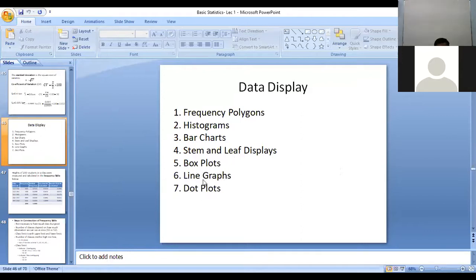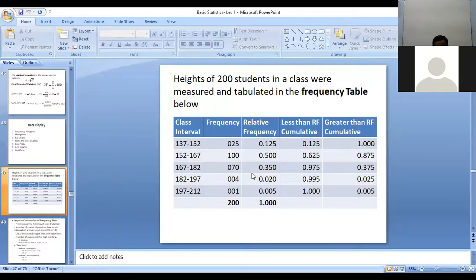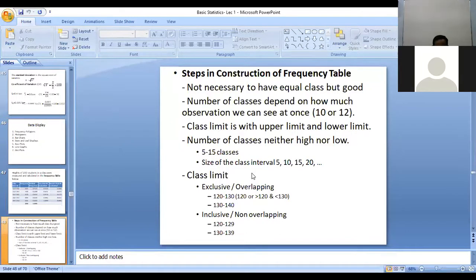Actually, we didn't talk about linear graphs and dot plots. You will learn all these things in your practicals, but we came up to box plot, frequency table, then what are the conditions, rules and regulations for constructing